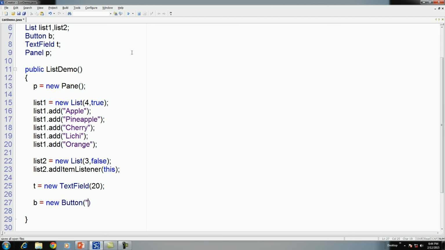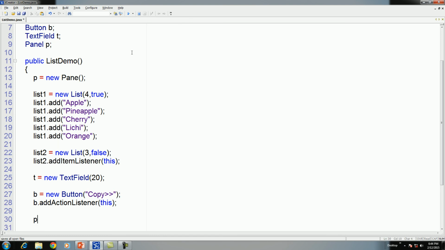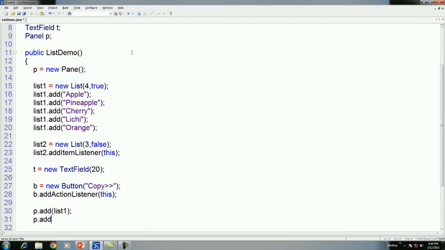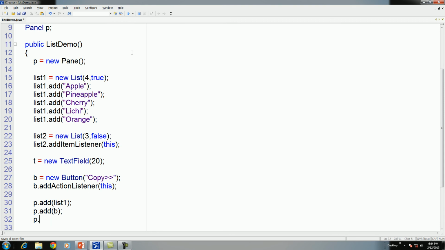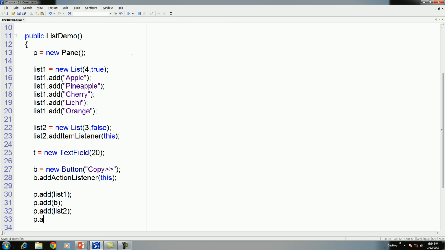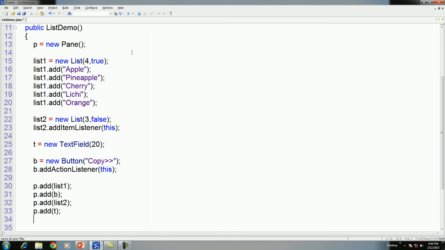The caption of the button is copy. Add an action listener here. Okay, add all these controls to a panel: after that the button, then followed by list 2 and finally the text field. Add this panel to a frame.